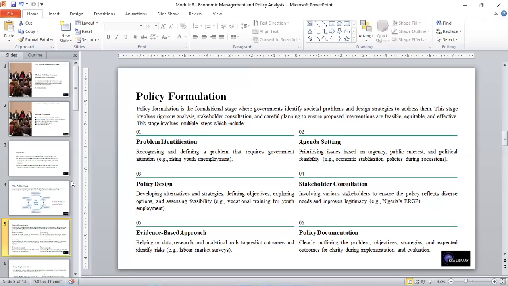The fifth step is the evidence-based approach, which talks about relying on data, research, and analytical tools to predict outcomes and identify risks. And the last step for policy formulation is policy documentation, where it's clearly outlining the problem, the objectives, the strategies, and expected outcomes for clarity during implementation and